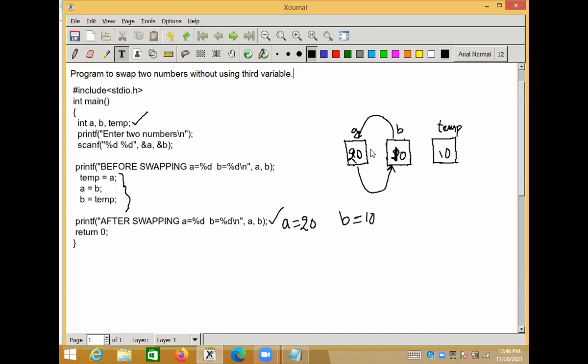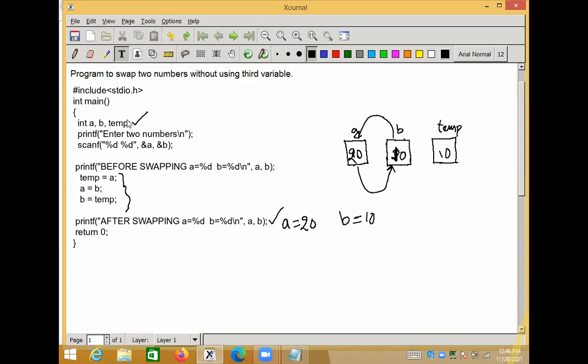When you have a lot of variables and a lot of memory consumed by your program, obviously it takes a lot of time for your program to execute. So your program should take less time for execution. Then that is called efficient code. That's why people ask you to test whether you can swap the two numbers without using this third variable.